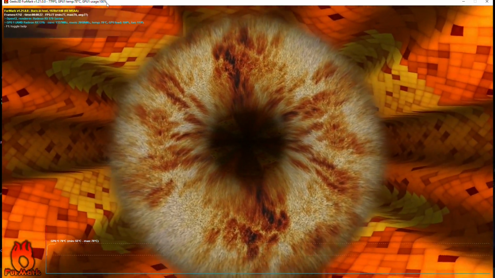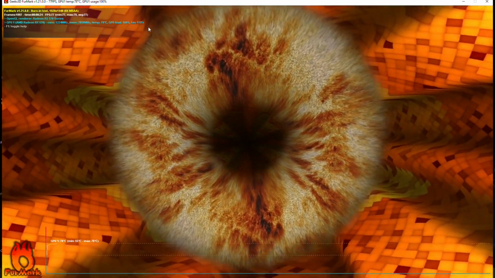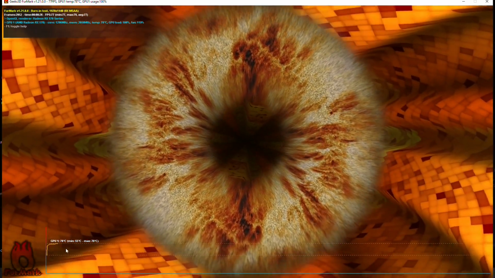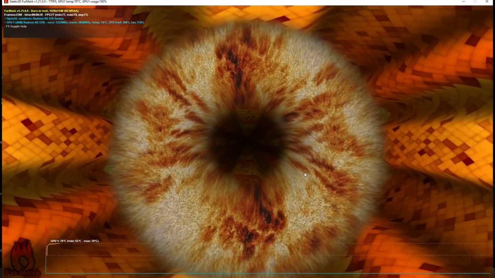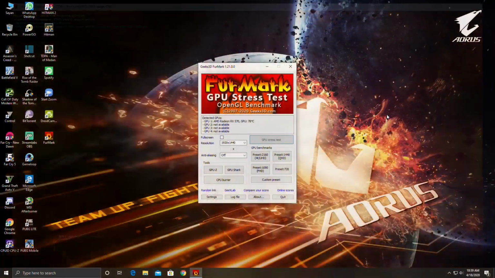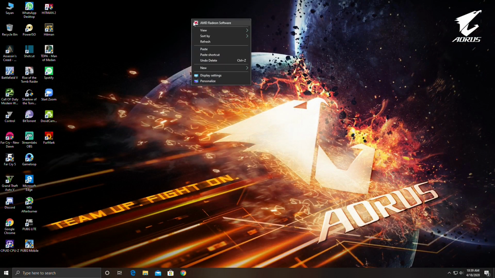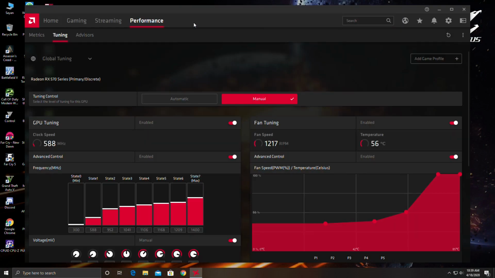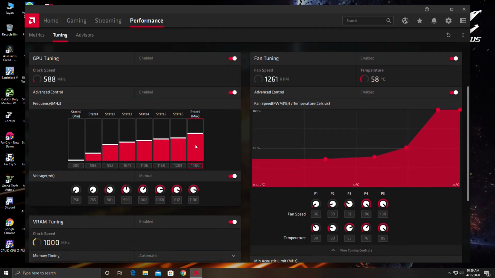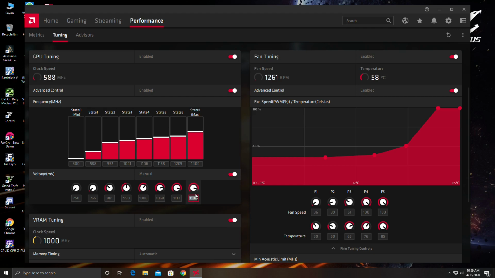As you can see, GPU usage is a full 100%, fan 100%, and it is running pretty stable. Now I'm going to show you the best settings for the GPU. We should set it to 1030 millivolts.